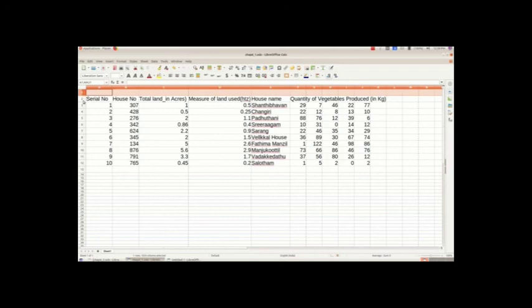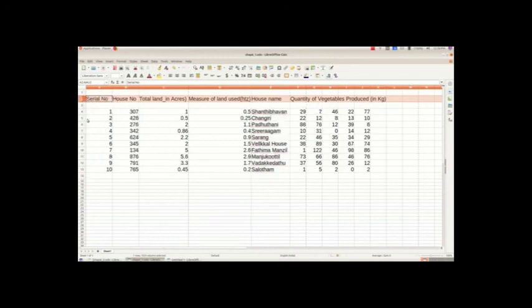That complete row has come to second row, and now we will select that again, right click, insert rows below, and here we have to type the different names of the vegetables. And on the first line we have to type questionnaire consolidation.